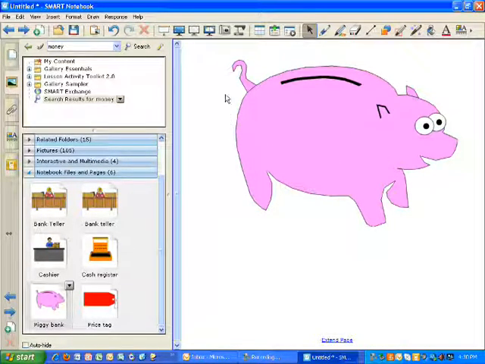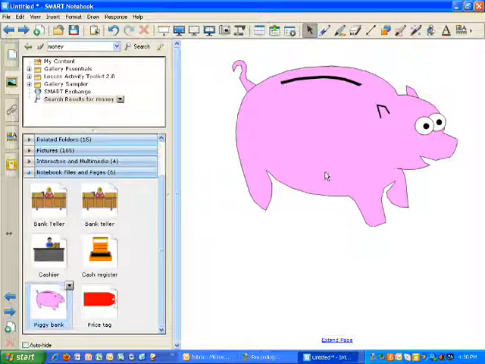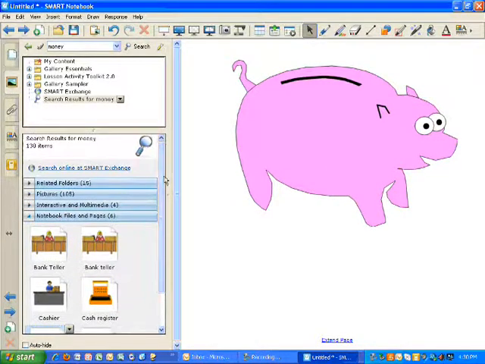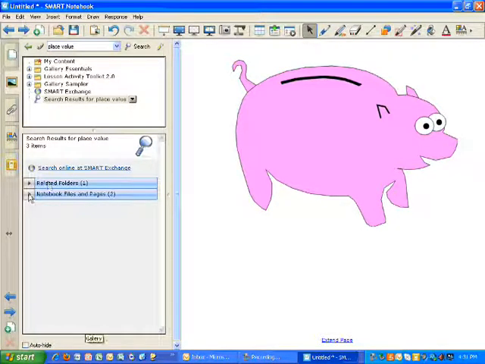So here I inserted the background of a pig, and I'm not able to move this like I would be able to if I inserted it from the picture folder. So you'll have to look through to find a background page that'll really suit what you're working on. An example that I can show you that might make a little more sense: if I search place value and I'm looking for notebook files or pages,